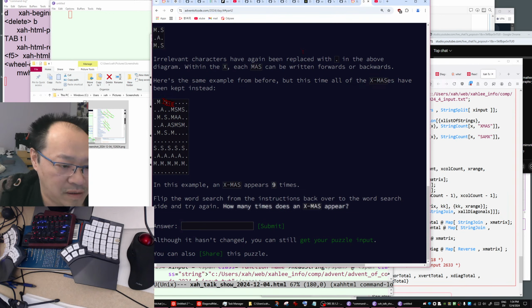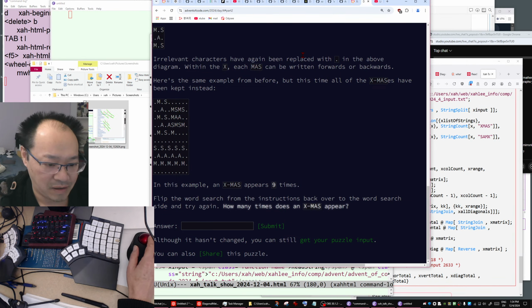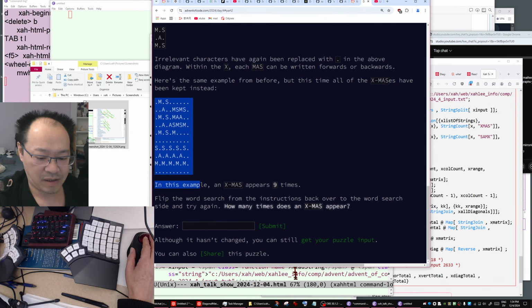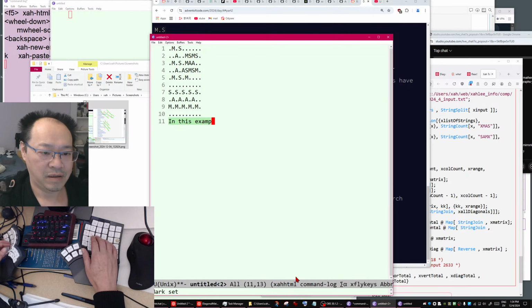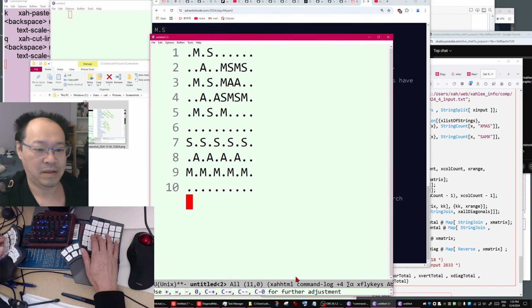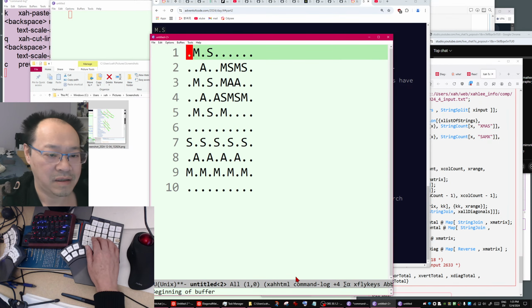That's 1. This is actually, is it easier if you show this? What kind of font are they using? Actually, it's easier in Emacs.